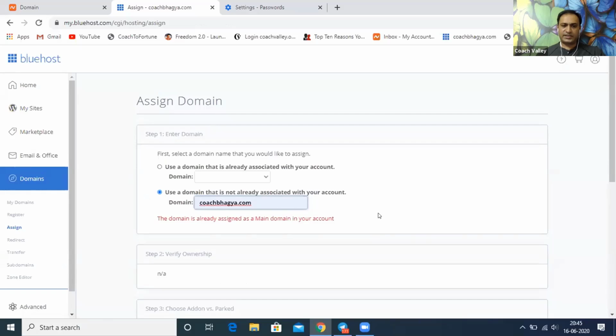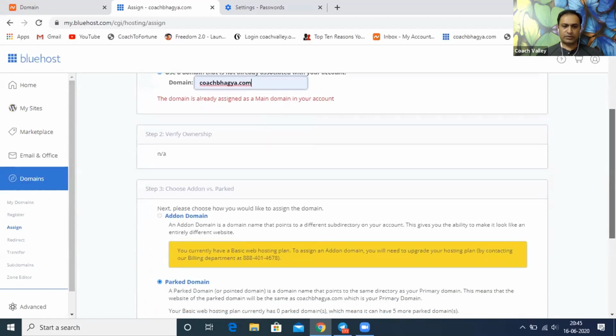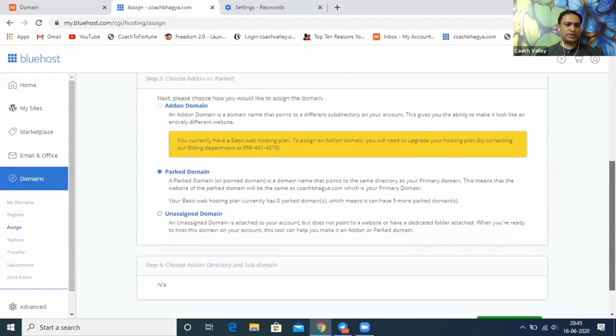Okay, now here it says the domain is already assigned. That means you're all good. The reason I'm doing this one is to quickly check. We do some cross checks. Okay, if you bought it from Bluehost itself, then you'll be checking the first one. If you've taken it from the other one, then you need to check the second one. Okay, scroll down a bit. Scroll down. Okay, that's all cool. This is all fine now.